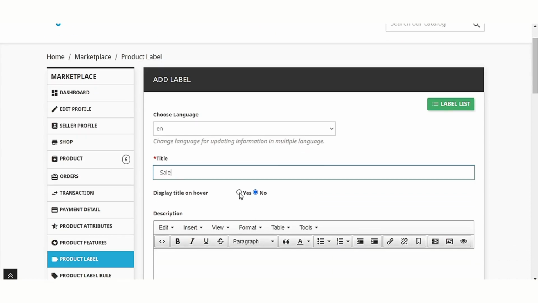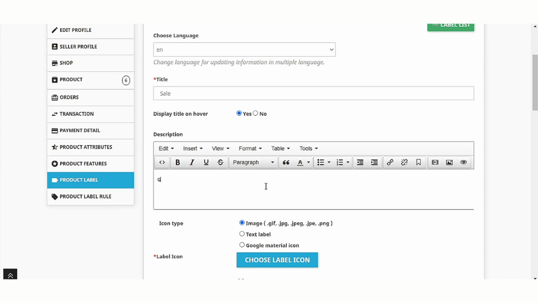From here, the seller can enable or disable the display of label title on mouse hover. Specify the label description here.